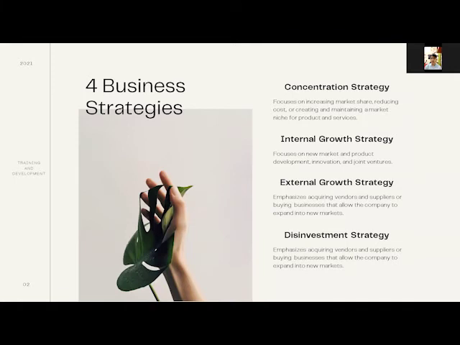And as the line goes, jack of all trades but master of none. And it is very much related in the business industry. So concentration strategy simply concentrates on specific things, while internal growth strategy focuses on new market, product development,